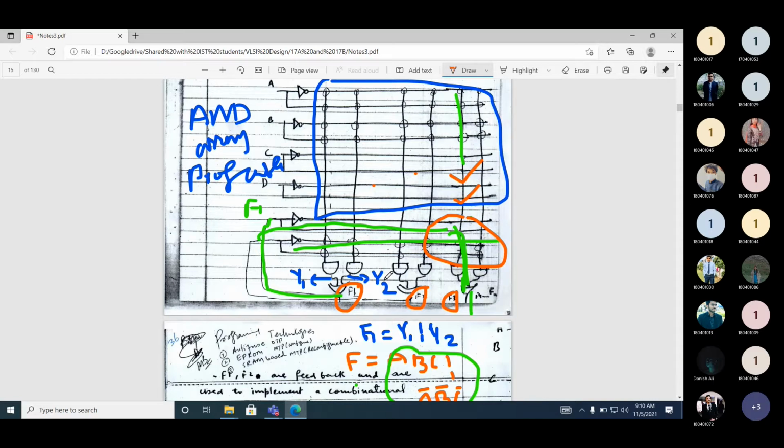If you look at here, there is a trade-off. If you have more switches, what's the advantage? More programmability, more functionality. You can implement any kind of function. But what's the cost? The hardware will increase.